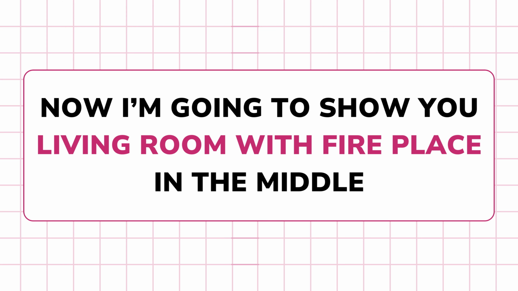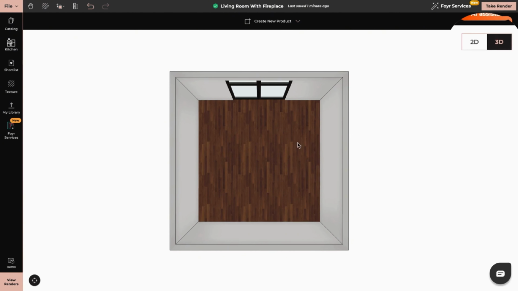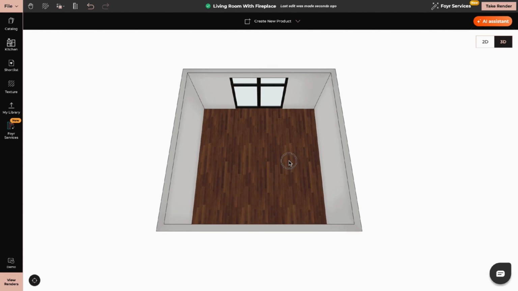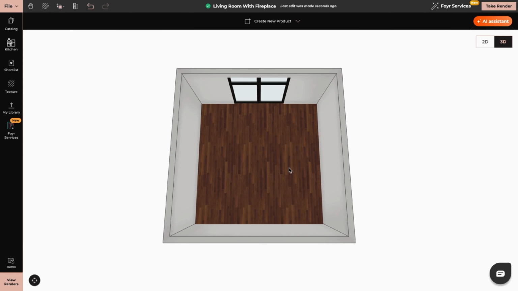Now I'm going to show you a living room with a fireplace in the middle. So we have a good size room. I will switch to 3D mode so you can see it from the top. We have the window in place. Now we will change the texture of the floor, and I will start with adding a trim on the ceiling so we can add some LED lights, and then we'll go with the paneling and I will guide you step